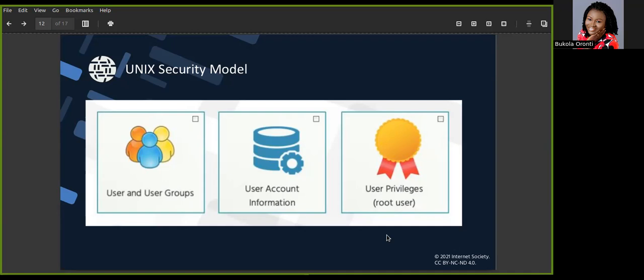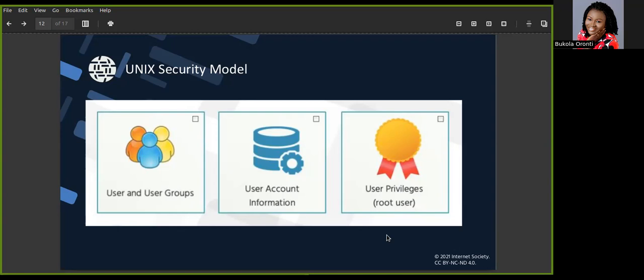So the user ID and password in Unix or Linux are very case sensitive. So you can't afford to not be mindful of the case that you are using to put in your username or your password. If you start your username with a capital A or a capital letter, and then when you want to log in, you're now using a small letter, it will see it as another user entirely. It will tell you such account does not exist. And the same thing when you're inputting your password, be mindful of the case of the password that you're putting in.